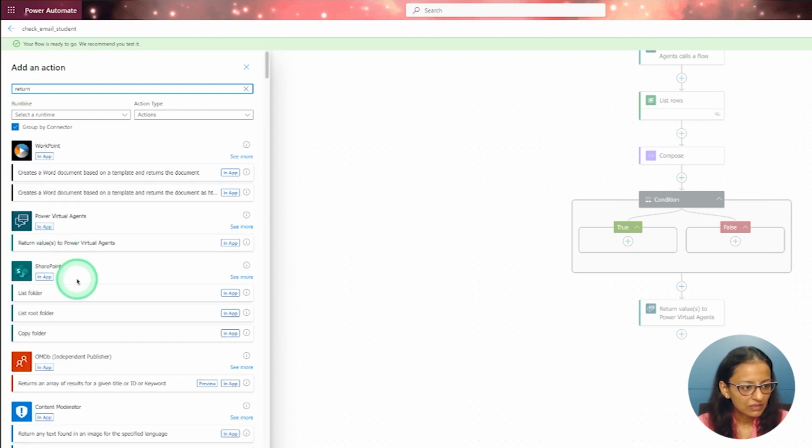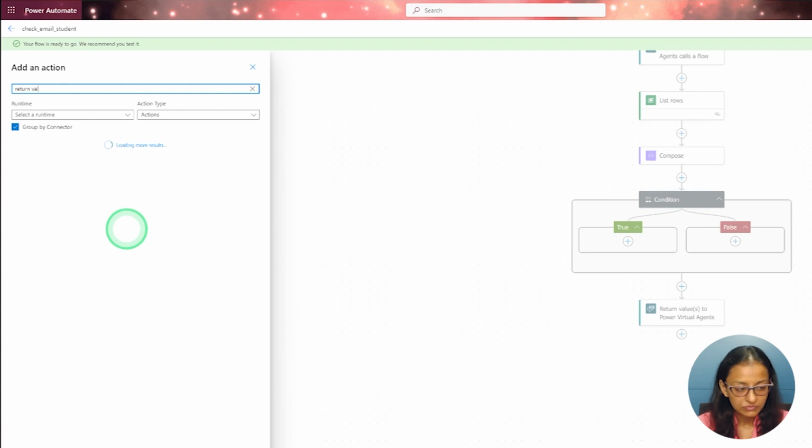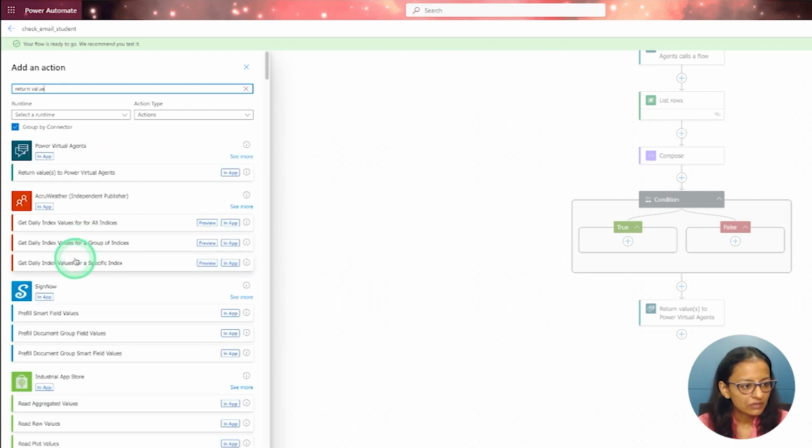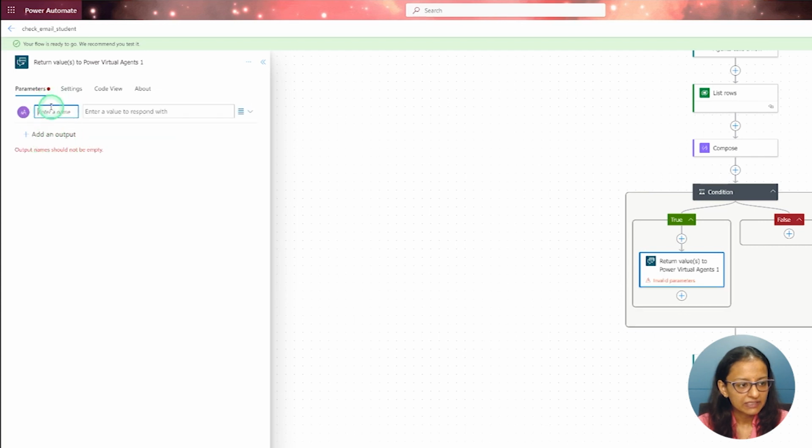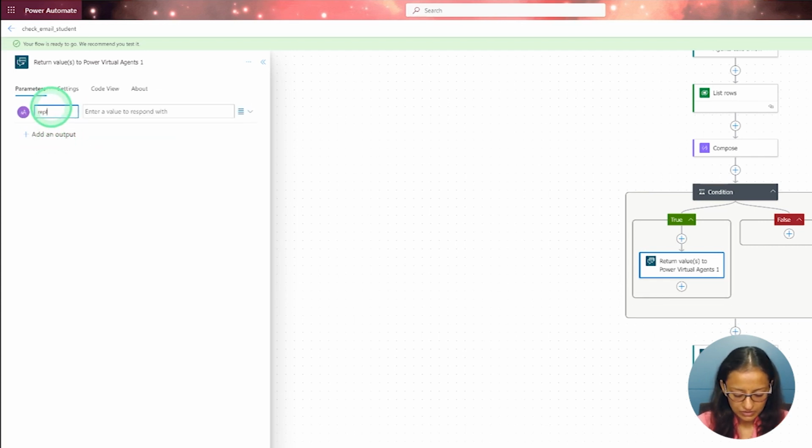return value to Power Virtual Agent. I need to select that, and here I am selecting the output, that is reply, and I am selecting that as a no. That means student is not there.